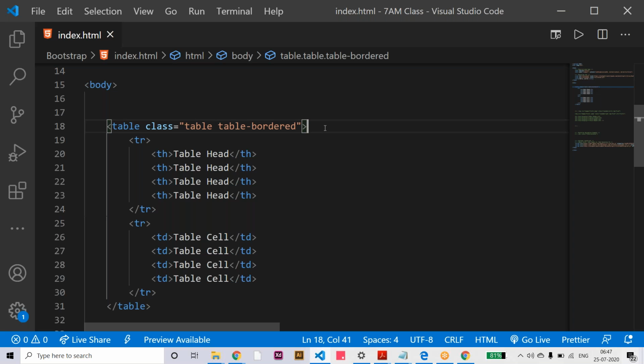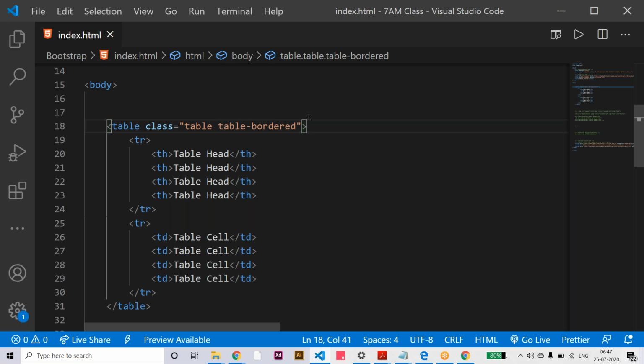And another class is table hover. Suppose we have some large data, like user details or voters data, thousands or lakhs of records. With that kind of data, you can apply mouse over for reading the complete row, whether you have 5, 10 or 20 columns.